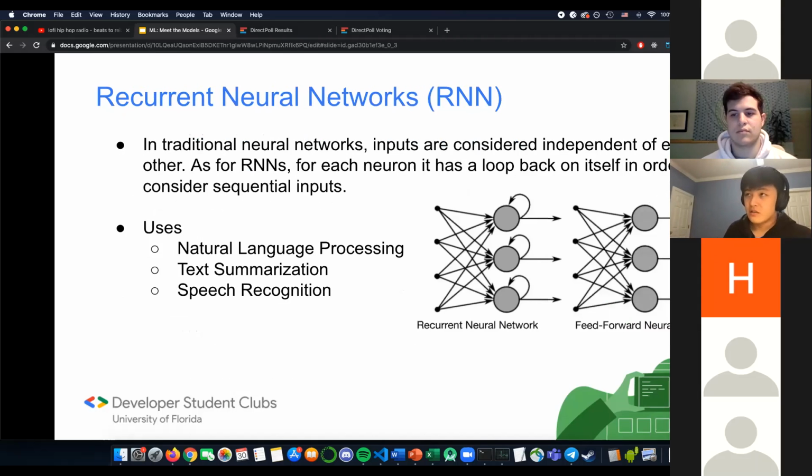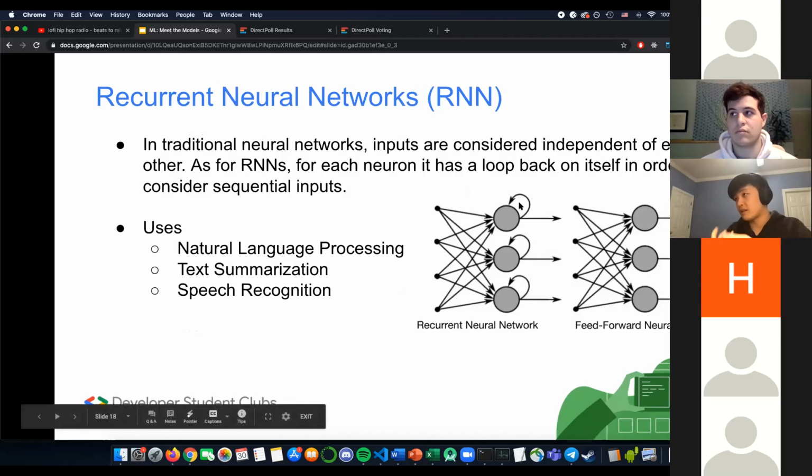A variant of neural networks is recurrent neural networks. So in traditional neural networks, each input is independent of each other. But in recurrent neural networks, you add a loopback input for each neuron. So it considers